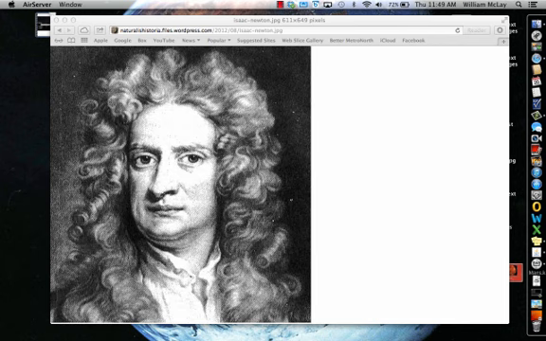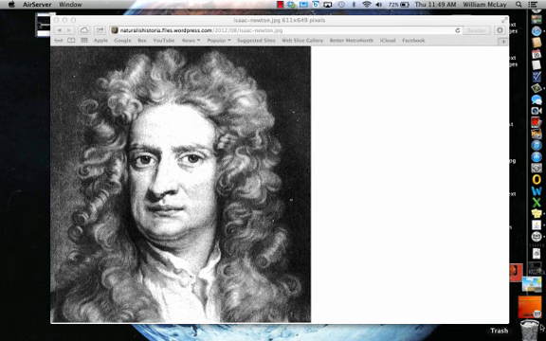And in terms of physics, he came up with his laws of motion, his universal law of gravitation. He discovered that white light was made up of multiple colors that all blended together. And he invented calculus. Yes, Isaac Newton was one of the inventors of the mathematics of calculus. So later on when you take calculus, you have Newton to blame. But again, a very brilliant person when it comes to physics itself. And his laws of motion really were what established the ground rules of physics itself.